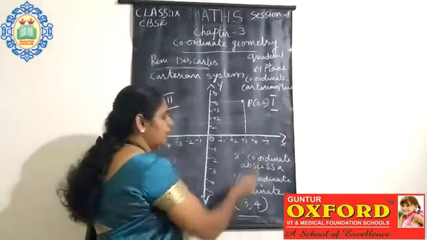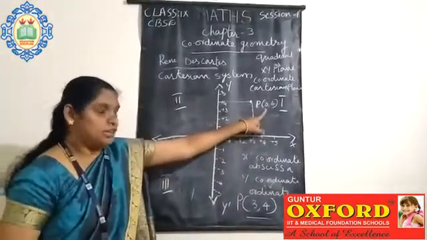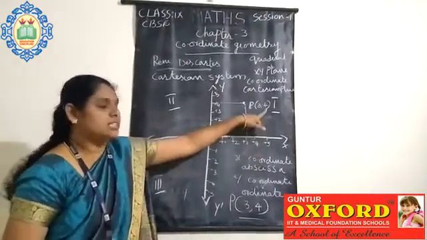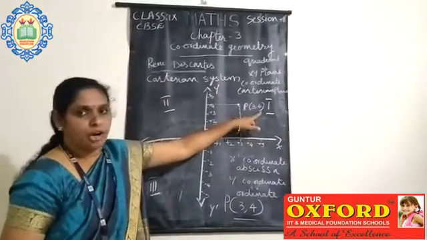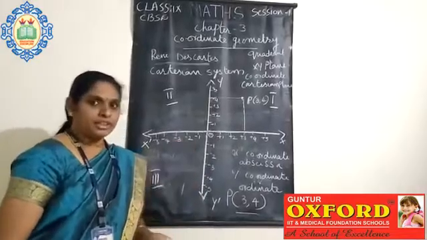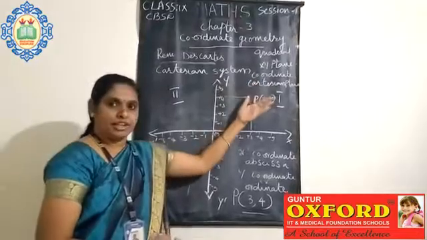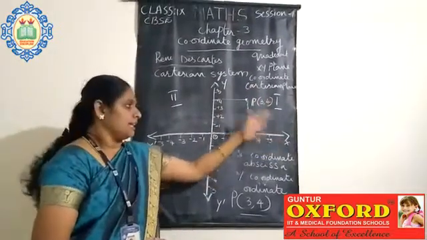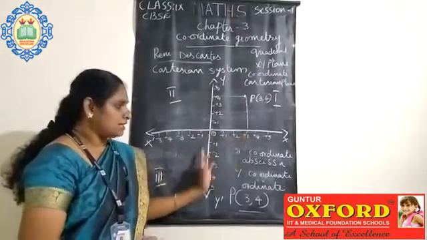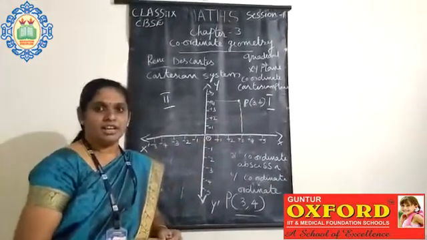We are asking, with one point marked here, what is the x-coordinate of P? X-coordinate of P is 3. What is the y-coordinate? That is 4. Understood, children? Here is how to locate a point in a plane. For locating, first you draw an xy plane, also known as the coordinate plane or Cartesian plane. That plane is divided into 4 equal parts. Then mark the points, then find the coordinate. Understood, children? Everyone here? Okay.